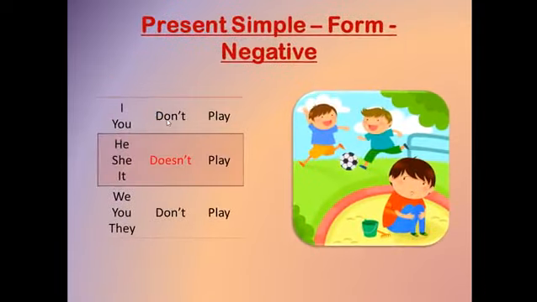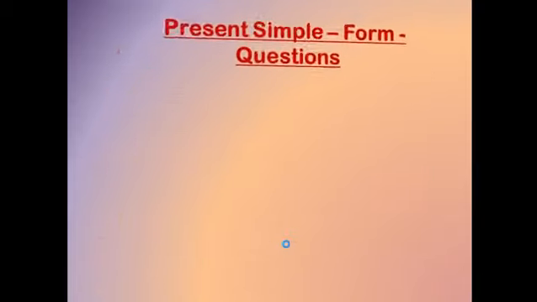Also here, I have don't and doesn't. The verb after them stays as it is. I do not add anything to it, even with he, she, and it. Okay, even with doesn't, the verb stays as it is. I do not add anything. Okay,